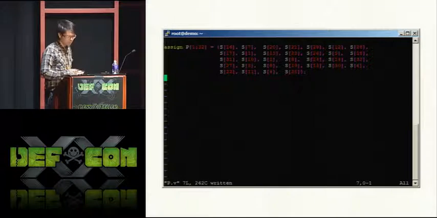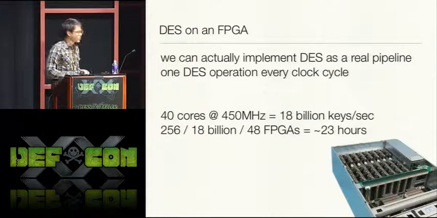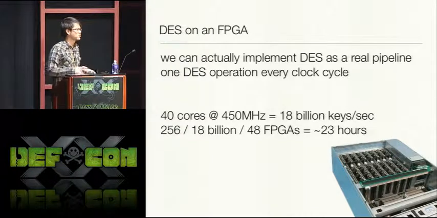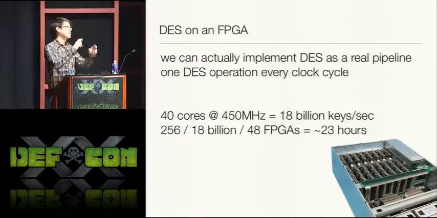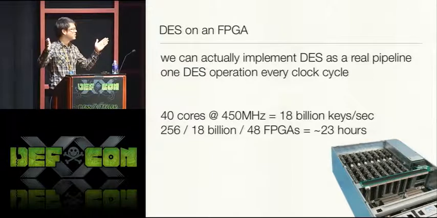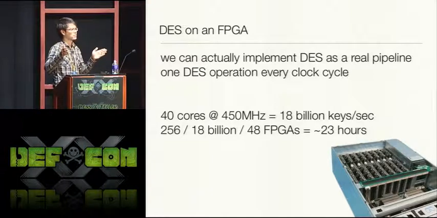And so a while ago we implemented DES just to see how fast we could get it on FPGAs. This is a picture of one of our servers down on the bottom here. It's just a 4U rack mount server. It draws about 2 kilowatts. We implemented DES as a real pipeline. On an FPGA, you can implement each one of those stages of DES and then have just registers in between them. So as you flow data in, it just gets clocked along through the whole thing. And once the pipeline is full, you get an actual DES operation every single clock cycle.